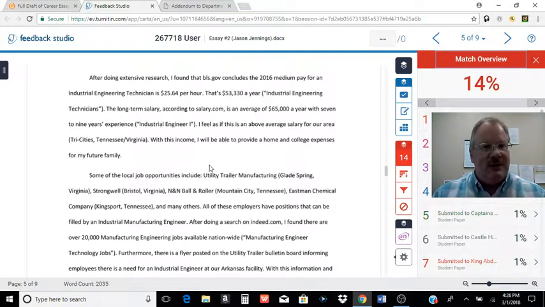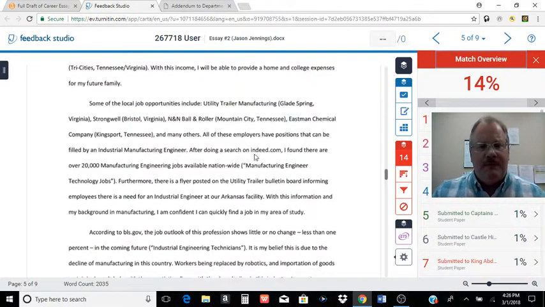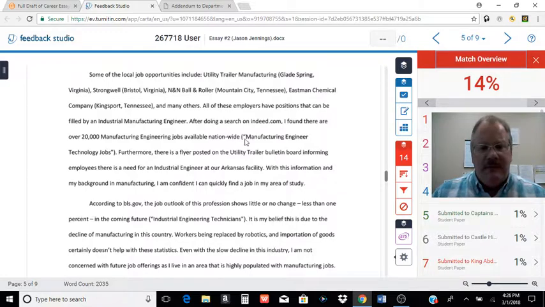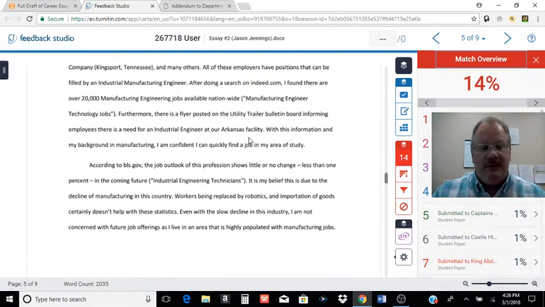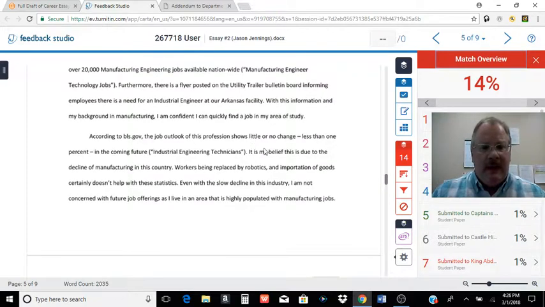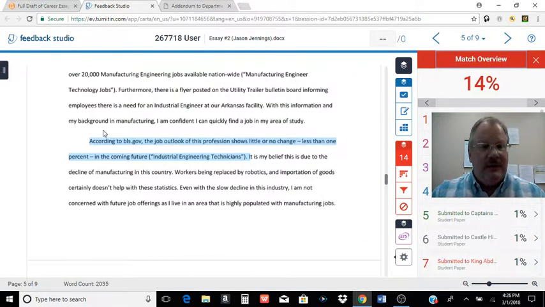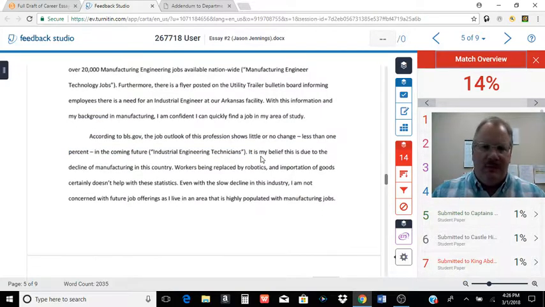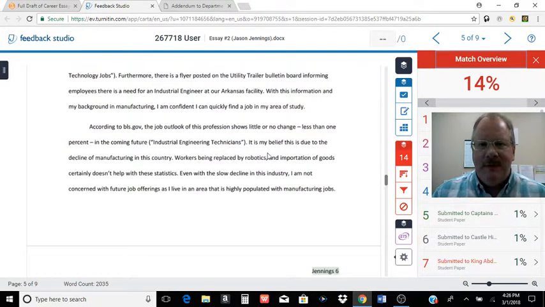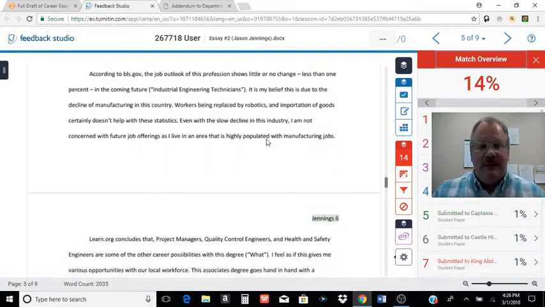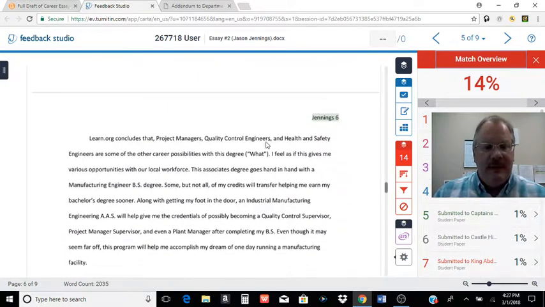And that's why you want to check Turnitin before I do, so you can email me and say, hey, why is this highlighting my summary here? And again, there's another summary or paraphrase, just about how many manufacturing jobs are going to be out there. There's another one. That's what you want to see. It's not highlighting it. It's not saying somebody else has used this before, or we found this on a website or something. Looks like the summary and paraphrase is in his own words and sentence structure.